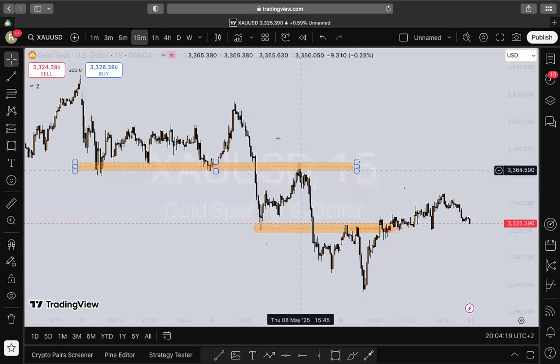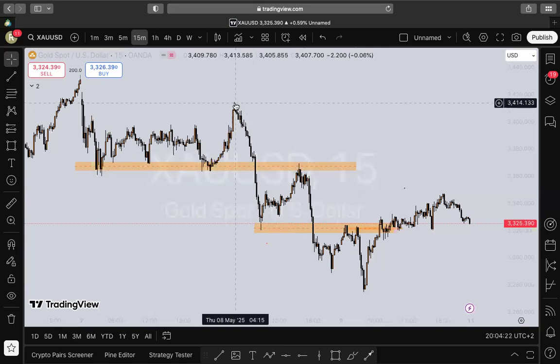Here, this level never broke, meaning there's no change of character. By change of character, meaning we have two characters. We have a buy and a sell. We have bullish and a bearish, right? These are the two characters we're talking about.